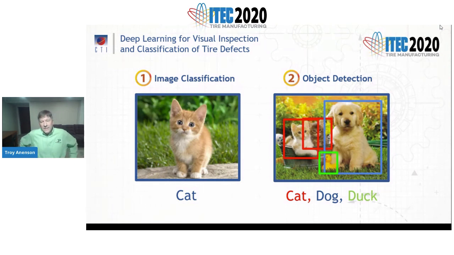For instance, if this is a photo of a cat or a person. These two techniques can be applied to visual tire inspection, whereby a computer model can input images from tires and output a list of classified defects from these images. And on the next slide,